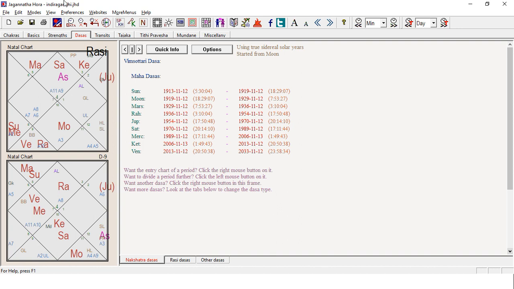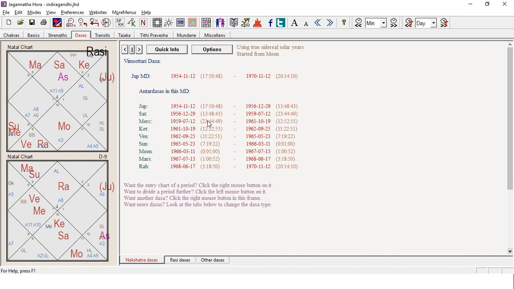So if you are observing Jupiter Mahadasha, as you see in the D1 chart also, Jupiter has got a relation with Moon also. So let us go to Jupiter's Mahadasha and Moon's Antardasha. Moon's Antardasha is around 1966. As you may be aware, Srimati Indira Gandhi became Prime Minister for the first time in 1966. She won the elections and became Prime Minister. So the Dasha proved to be very good, right? Let us look further.